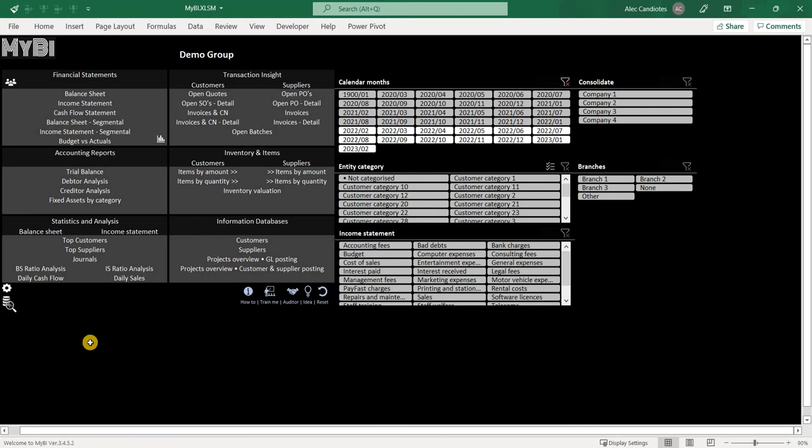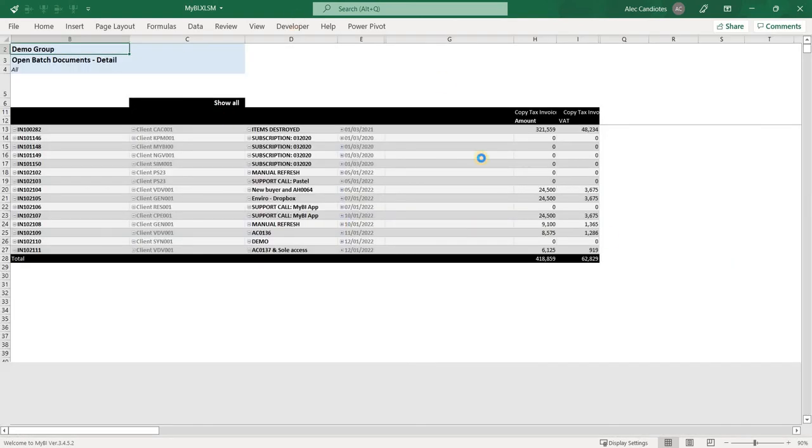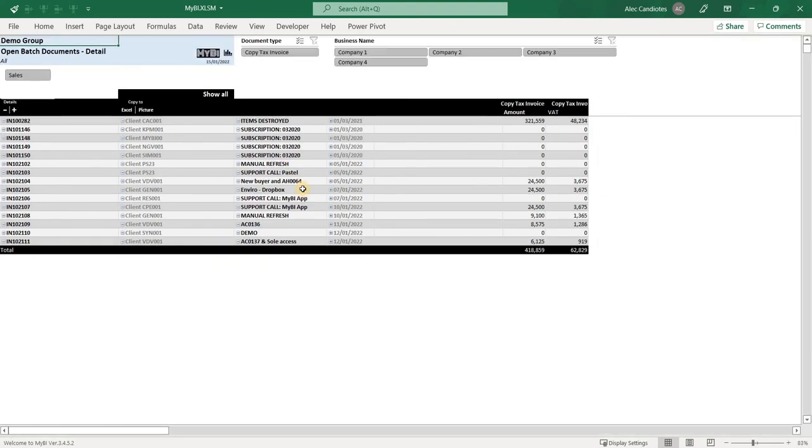You know, they say, well, I expected sales to be more than what it is. And the guy says, but I've already erased it. And then suddenly it comes out, oh, I haven't yet done a batch update. So this open batch environment tells you across the board what documents are still in open batch status. So it'll actually tell you it's tax invoices that are still open, or supplier invoices that are still open and